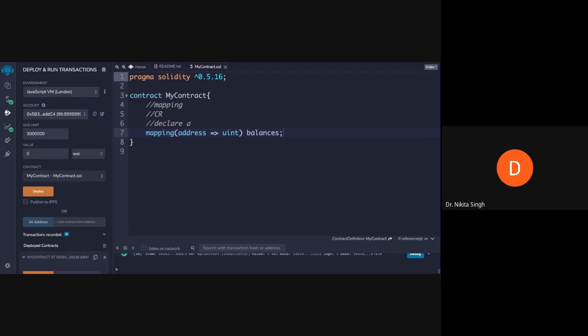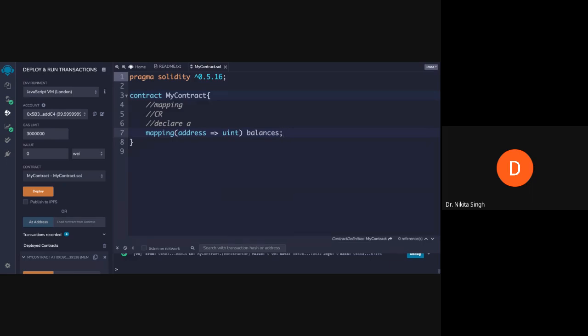So here we have a mapping from addresses to whatever amount of ether is being stored. This address will be the address of some user, and this int will be their balance. Now we have declared a mapping, and this mapping is our state variable.